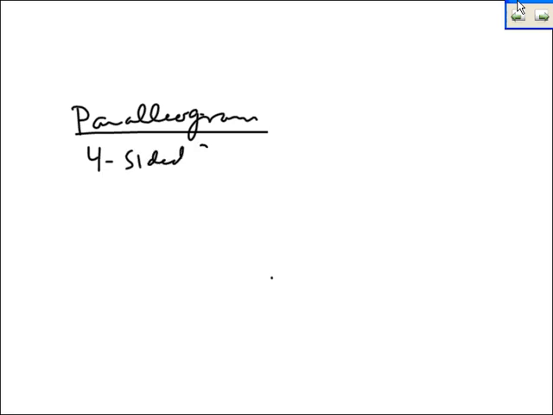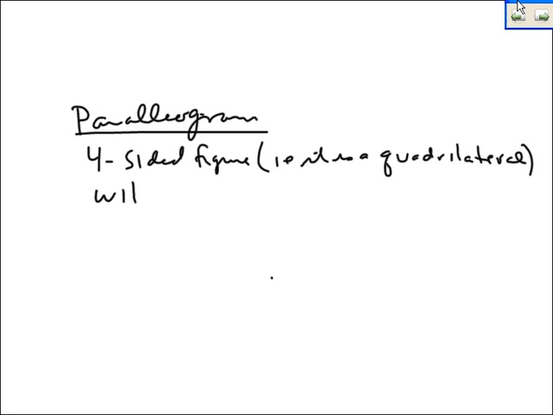Now, what is a parallelogram? Parallelogram. Okay. It is a 4-sided figure. That is, it is a quadrilateral. It is a special quadrilateral. It's a 4-sided figure where